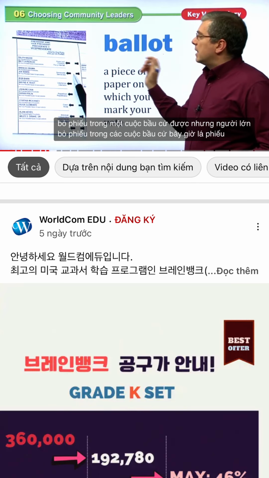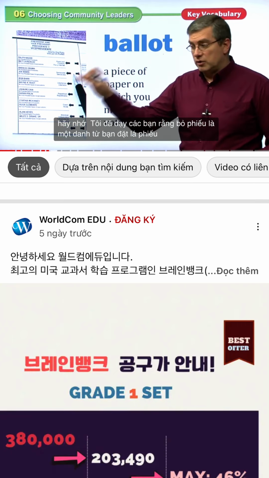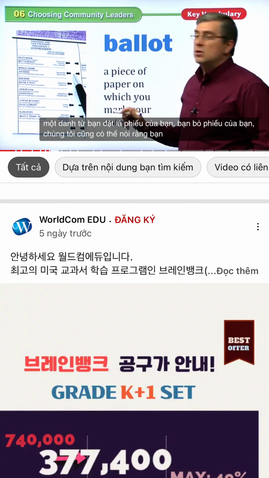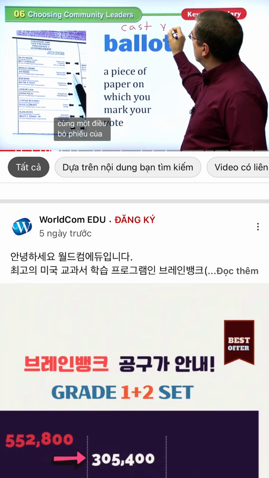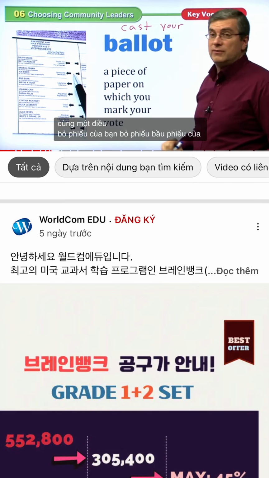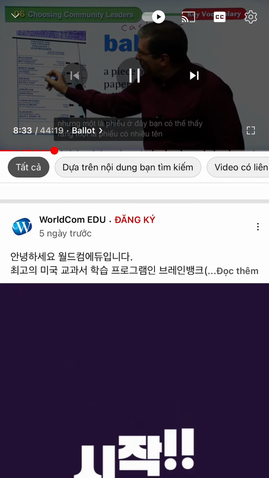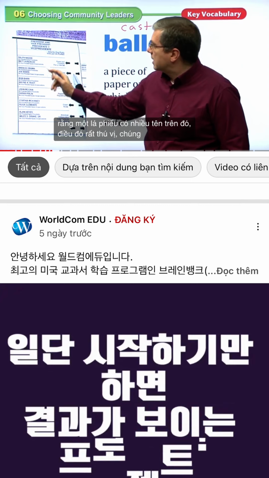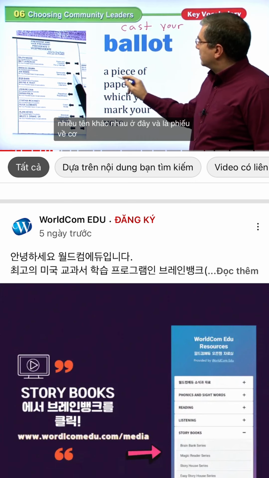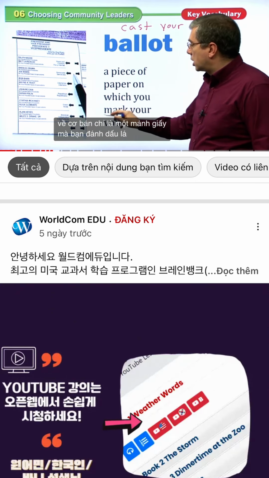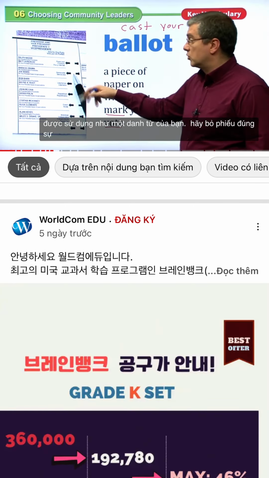Now, ballot. Ballot is another word, by the way, for vote. Remember I taught you guys that vote is a noun. You put your vote, you cast your vote. We can also say you cast your ballot. It's another word that means the same thing. Cast your ballot. Cast a ballot, cast your vote. But a ballot here, you can see that a ballot has many names on it. That's very interesting, right? We can see many different names here. And a ballot is just basically a piece of paper on which you mark your vote. Again, vote here is used as a noun. Your vote, right? Your choice.